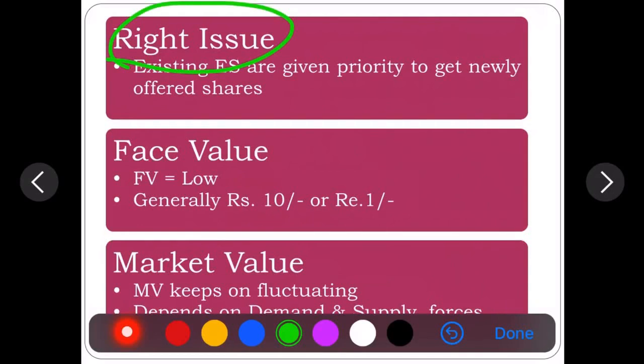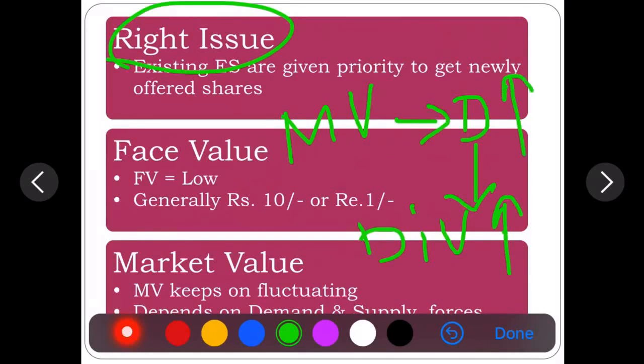Talking about face value, equity shares की face value generally low होती है, can be in multiples of rupees 1 or 100. अगर मैं मार्केट वैल्यू की बात करूं तो इक्विटी शेयर्स की मार्केट वैल्यू सबसे ज़्यादा फ्लक्चुएट होती है as compared to other securities. वाई? क्योंकि मार्केट वैल्यू जनरली लिंक होती है डिमांड से. डिमांड जनरली लिंक होता है कंपनी के डिविडेंड से. तो अगर कंपनी डिविडेंड ज़्यादा देती है तो डिमांड बढ़ेगा,